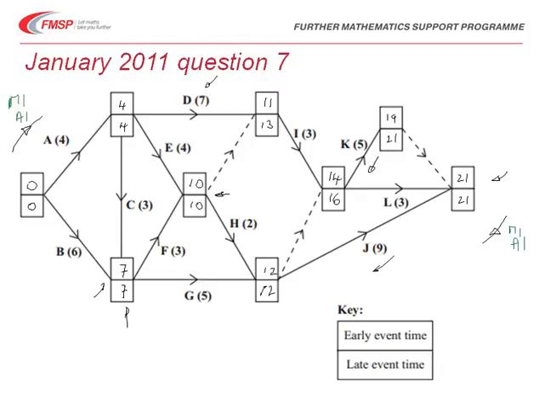We're asked to work out next the critical activities. Critical activities join critical events together, and a critical event is where the early time and the late time are equal. But you have to be a little bit careful: not every single activity is going to be critical. Working through the diagram, from the first event up to the 4, that one is critical, so A is a critical activity. Then C is also a critical activity,